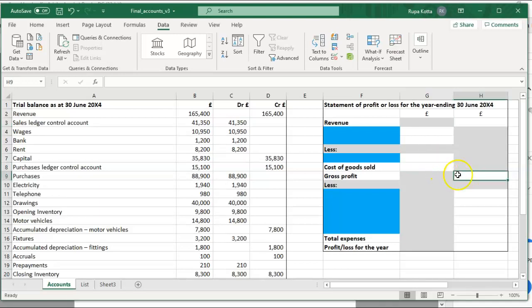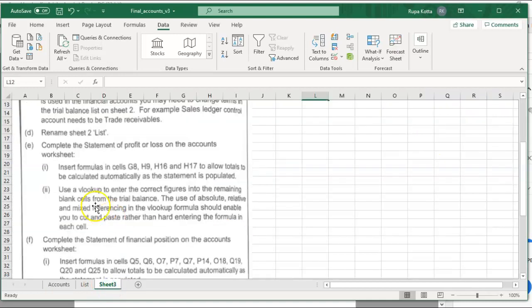So here you cannot pick up the values because these values you need to calculate by yourself. But the other values you need to pick up. Use a VLOOKUP to enter the correct figures into the remaining blank cells from the trial balance. The use of absolute, relative and mixed referencing in the VLOOKUP formula should enable you to cut and paste rather than hard entering the formula in each cell.